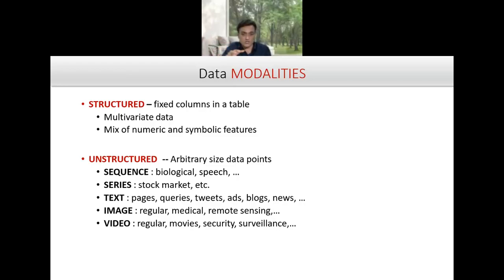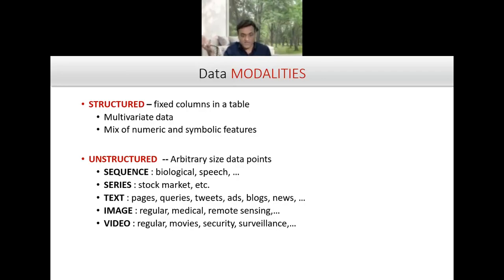Series data is all about stock market, etc. Text is all about pages, queries, tweets, ads, blogs, news. Whenever we find textual information, it is all about textual data. Image data is all about normal images from the camera, because a high amount of images are being generated from the